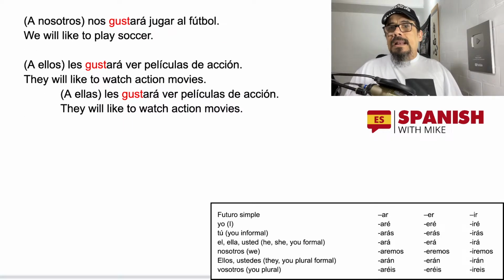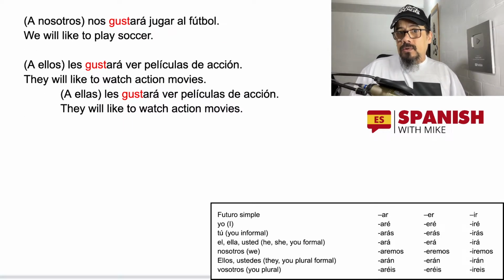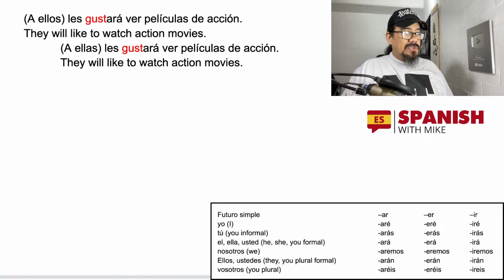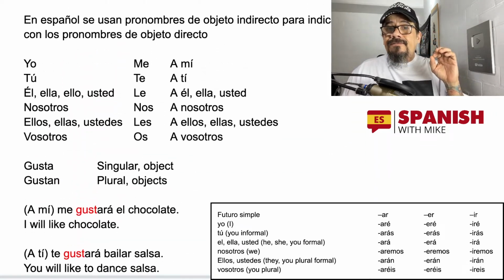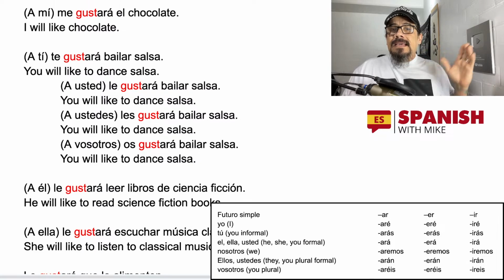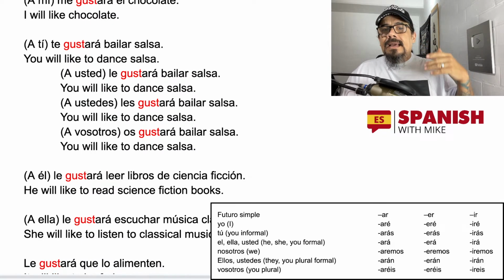Nos gustará jugar al fútbol. A nosotros, we will like to play soccer. Les gustará ver películas de acción. A ellos, they will like to watch action movies. Male. A ellas, les gustará. Female. So as you can see, this one is kind of tricky because we basically say te gustará, le gustará,